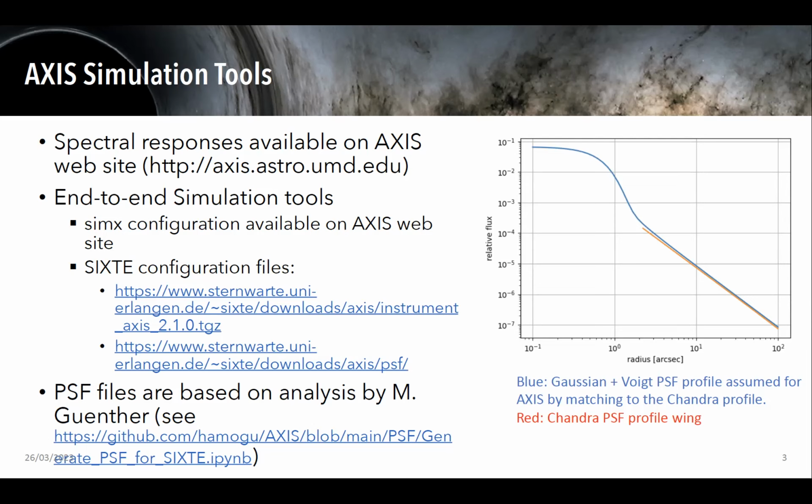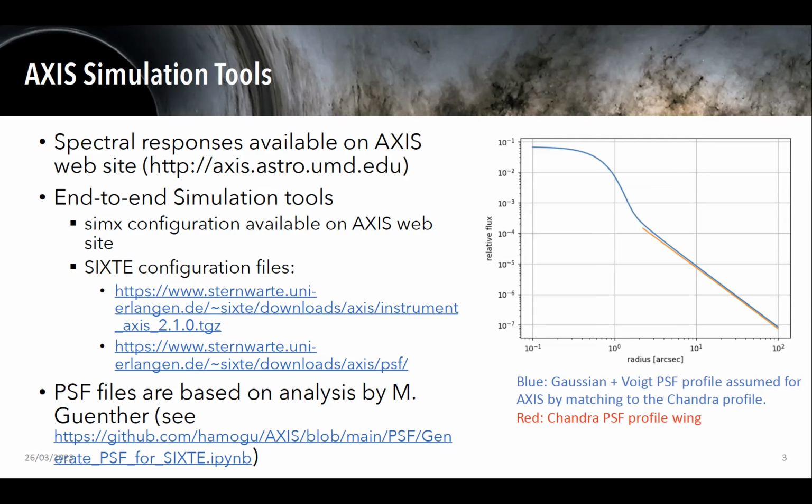Again, you download the actual packages for SIXTE itself, and then here are links to the instrument-specific data you need for doing AXIS simulations. An interesting aspect is that Moritz Günther from MIT spent some time doing more precise modeling of the PSF. The standard thing in tools like this is a simple Gaussian PSF. I should emphasize that the science case we're baselining assumes only a simple Gaussian PSF, because we don't know what the final PSF shape is.